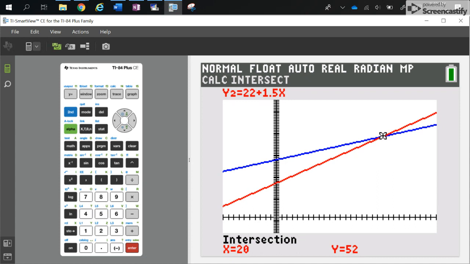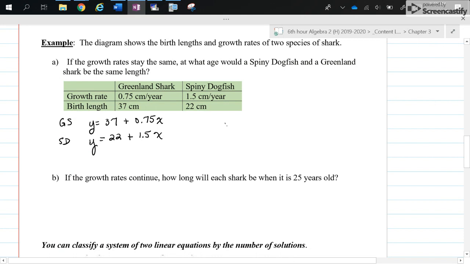So that means that at the age of 20 years, they will be the same length. They will be 52 centimeters. And then the last question is, if the growth rate